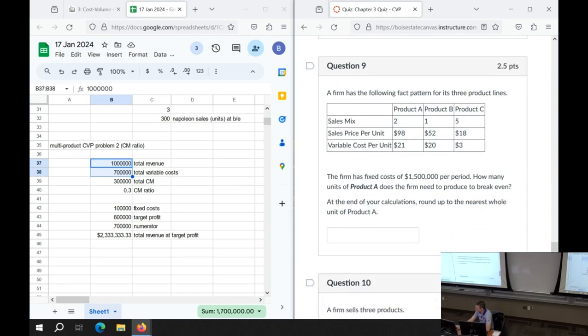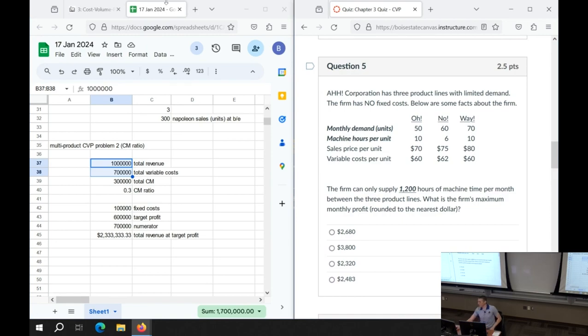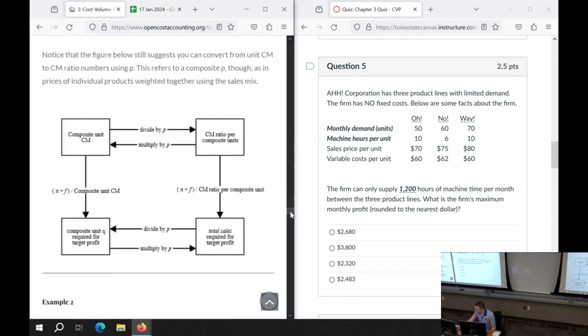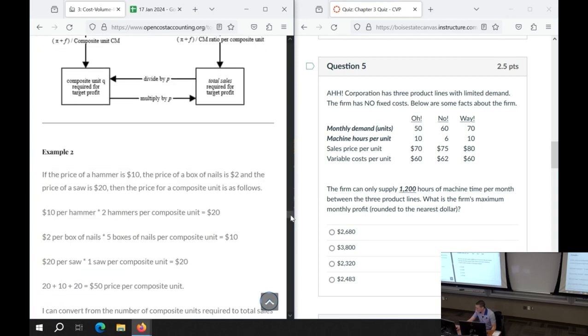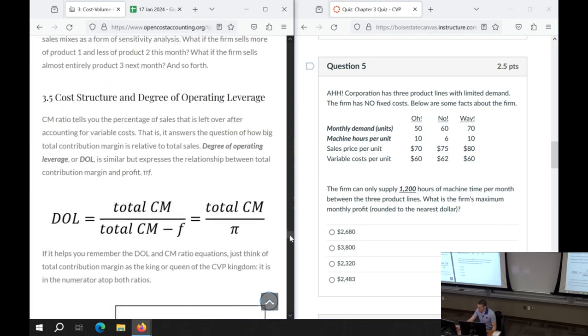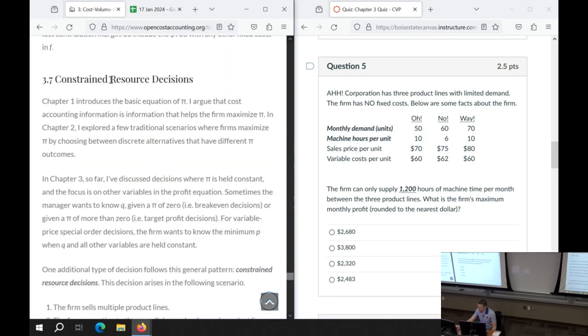All right. There are other problems that I saw here. This one, let's jump to an idea that's introduced later. I want to make sure we go over it because it's on every single attempt of the quiz, I've made sure, because I made enough problems for it to make sense. I'm going to skip past degree of operating leverage and margin of safety. I'll come back to that. But this constrained resource decision is such a horse of a different color that I want to make sure we have some time to look at this.